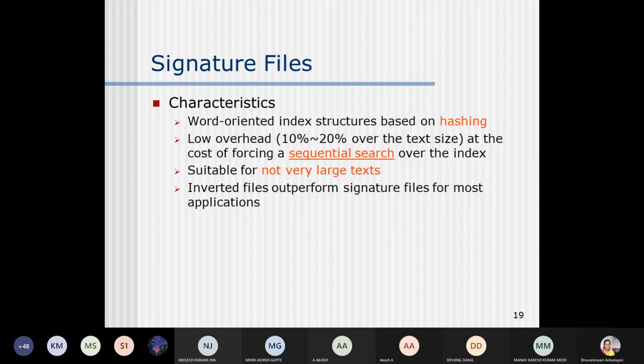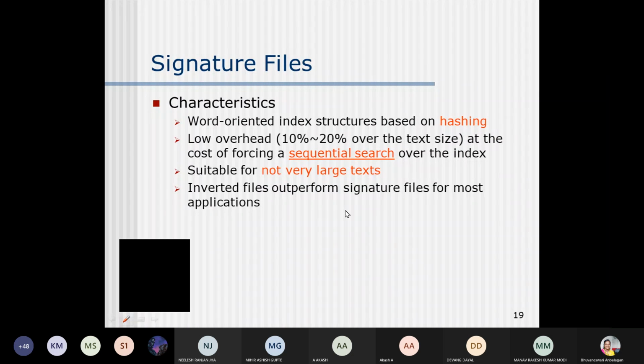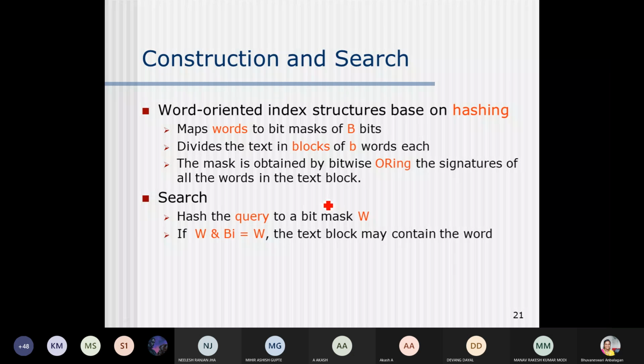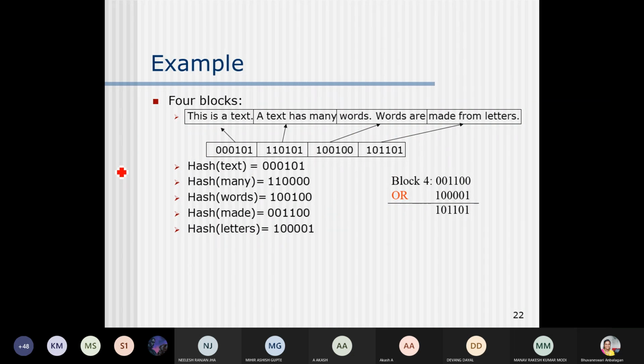So we are discussing the signature file, right? What I tried to say at that point is, given any block of data that you have in the signature file, for every word that is available in your block, a hash function will be applied.